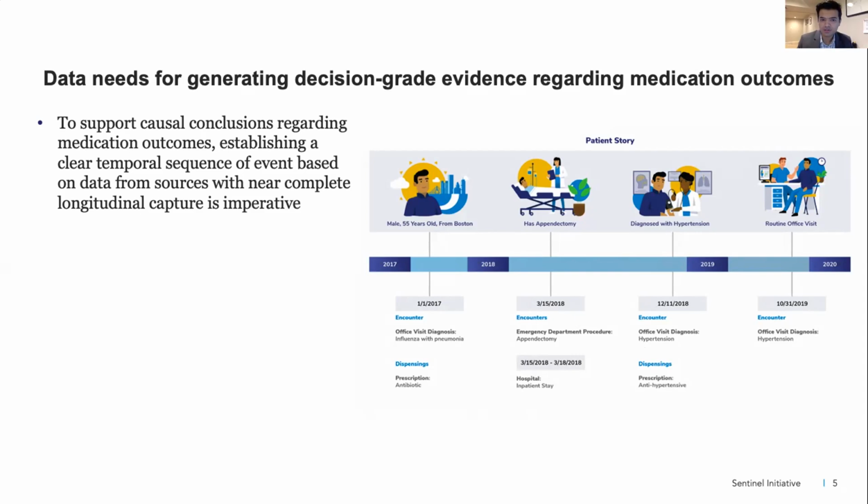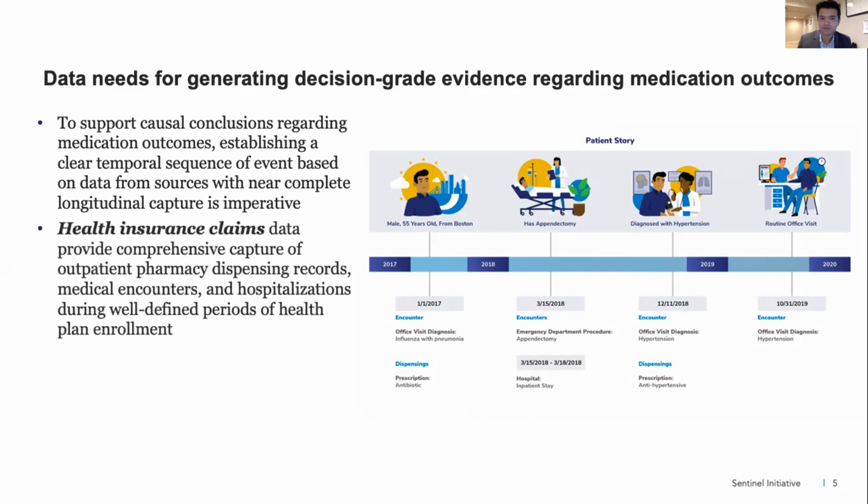And health insurance data are quite useful for this purpose, because regardless of where you receive your services, you will be captured through these insurance claims because these services are billed. And that's the reason why the current Sentinel program has relied heavily on health insurance claims data, because it provides the